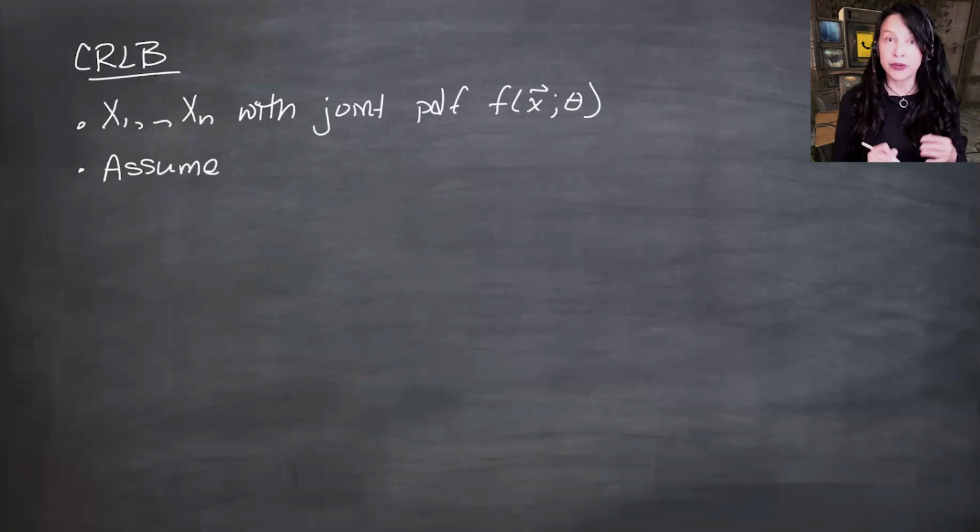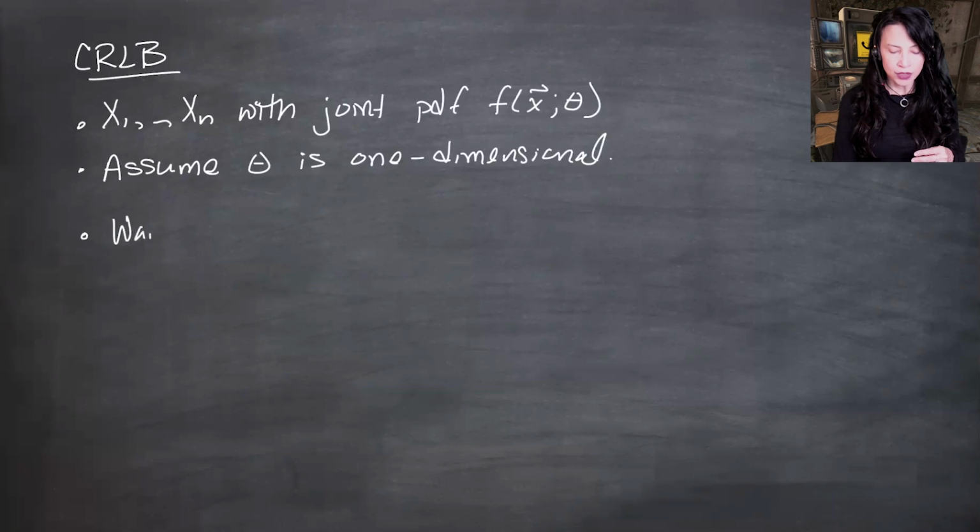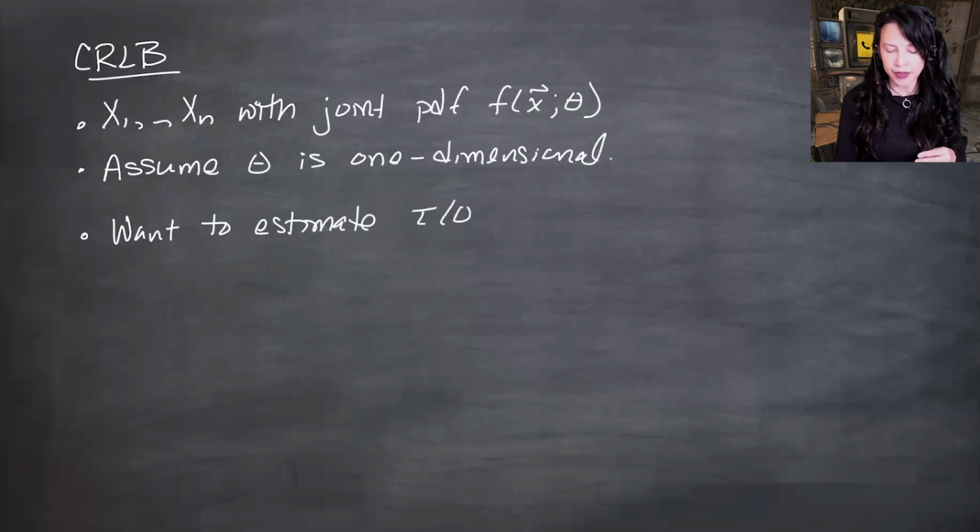It doesn't have to be. There is a higher dimensional Cramér-Rao lower bound. But for now, we're just going to assume it's one-dimensional. And we want to estimate either theta or some function of theta. So we call that tau of theta, and tau of theta might just equal theta. And we have any